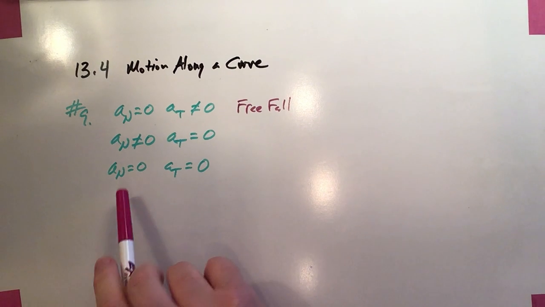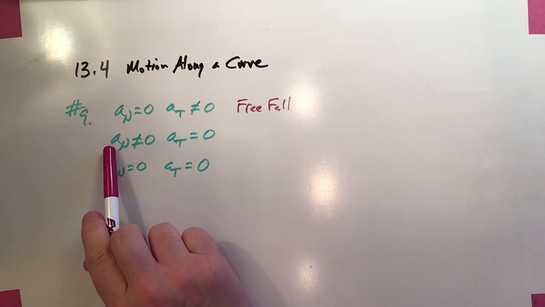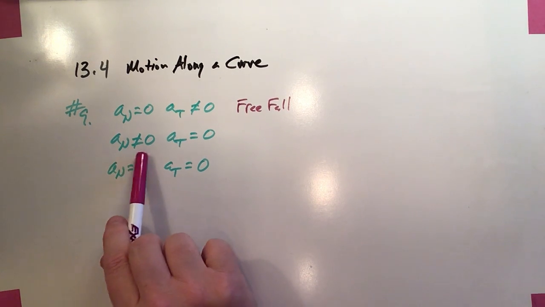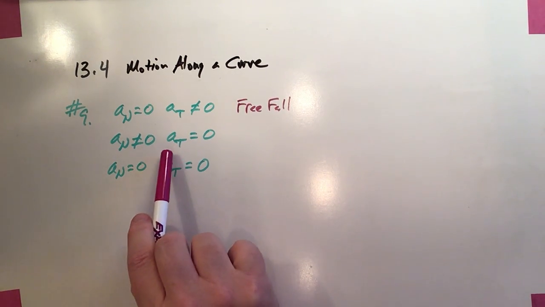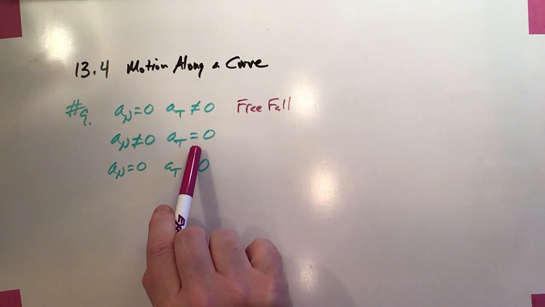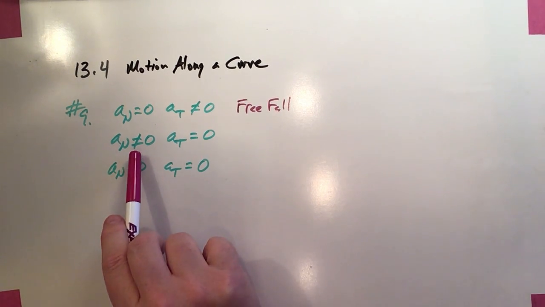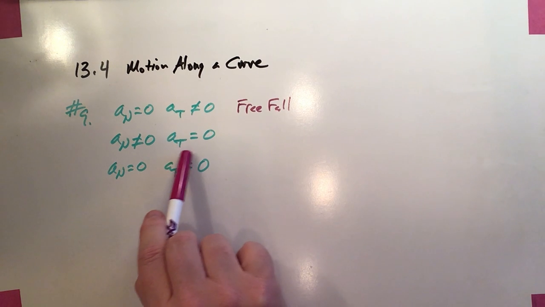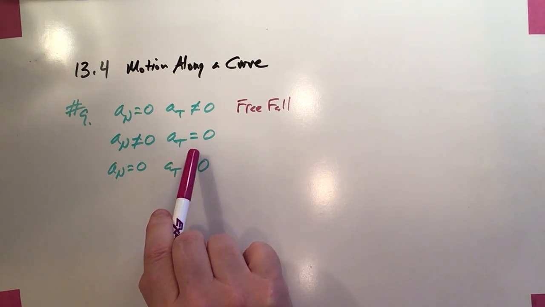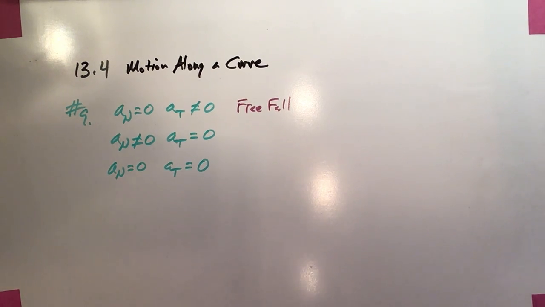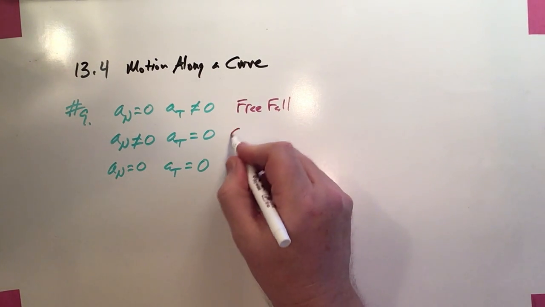Okay, the second scenario is we're imagining where the normal acceleration is not 0. So this is an object that will be turning, but its tangential acceleration is 0. Well, the only way you could be turning without speeding up or slowing down is by traveling in a curve at a constant speed. And a good way to do that is to think about cornering